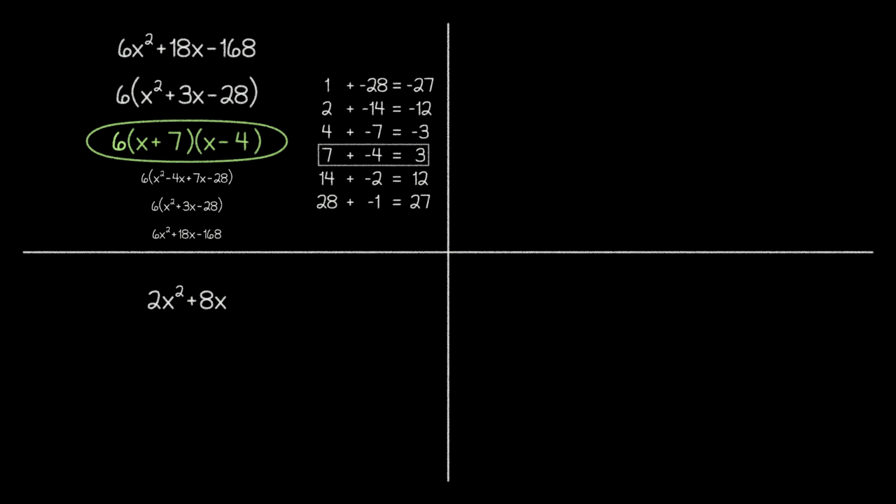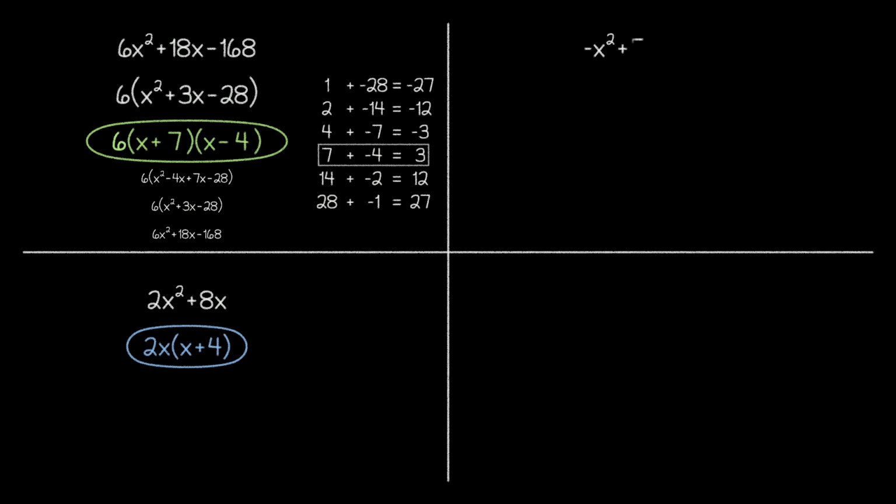Notice that since we don't have a constant term, our two remaining terms both have x's in them. And it turns out that the greatest common factor doesn't have to be just a number. It can also contain variables. Thus, since each term here is divisible by both 2 and x, our greatest common factor is 2x. Then, when we factor out that expression and determine what goes inside the parentheses, we can see that we only have a linear expression inside the parentheses, which means that we're done factoring.